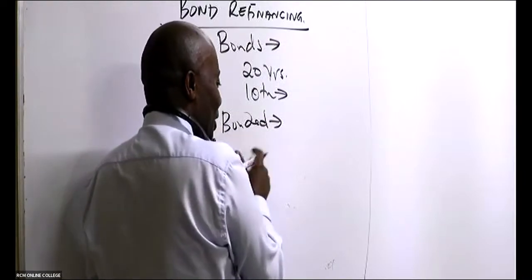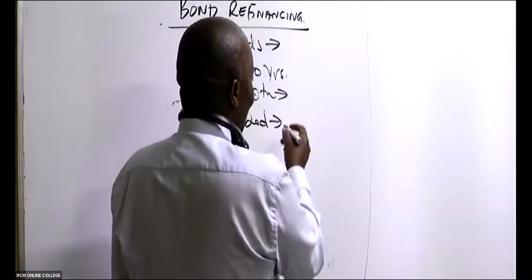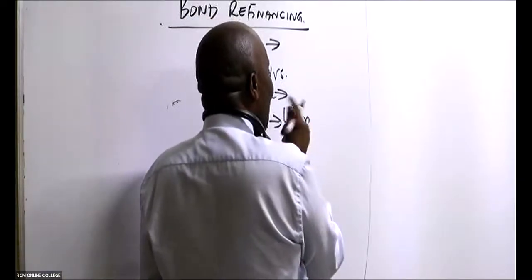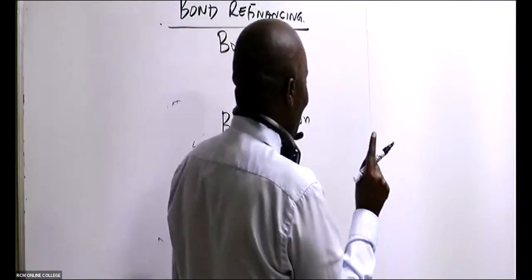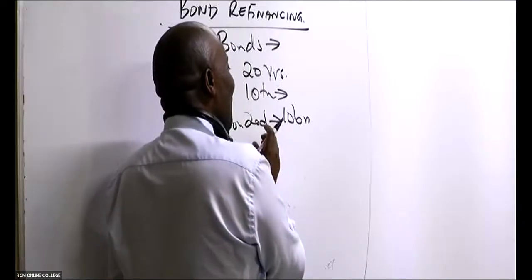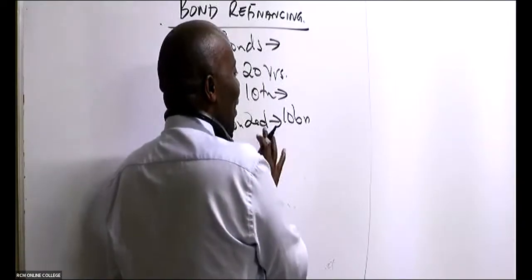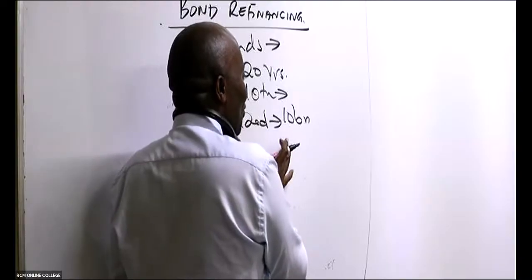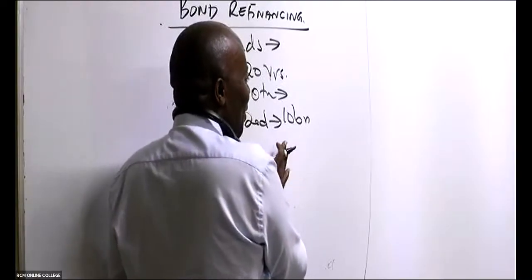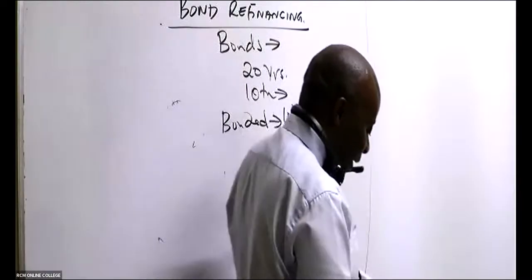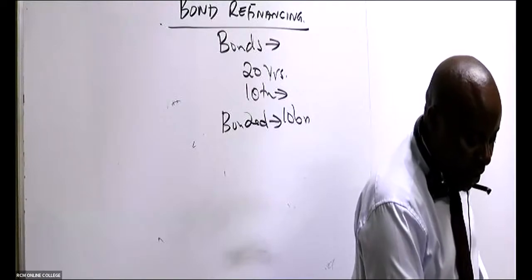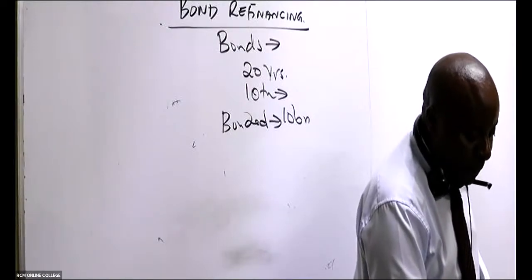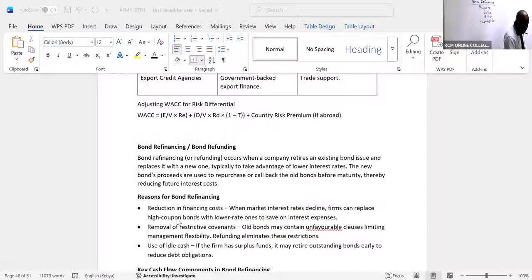So when I'm continuing, all right, I've taken a bond of say 10 billion from these bad bondholders who are giving me 1 million and 1 conditions. If I get somebody who is willing to give me even the same interest rate bond, but in this case here with softer conditions, I can easily do what? Retire the old bond. I can easily tell the old bondholders, take your money prematurely, and then I get new people to give me money. So removal of restrictive covenants.